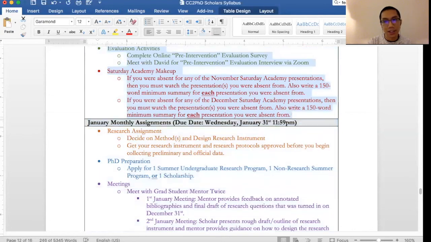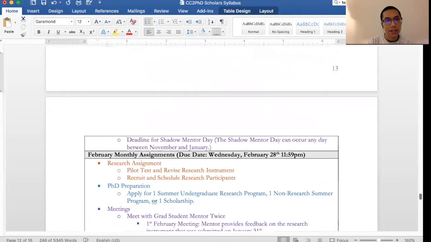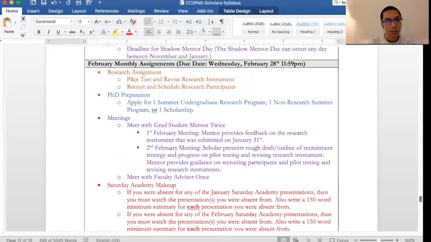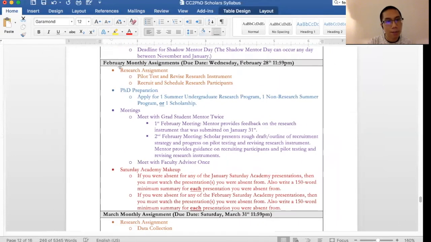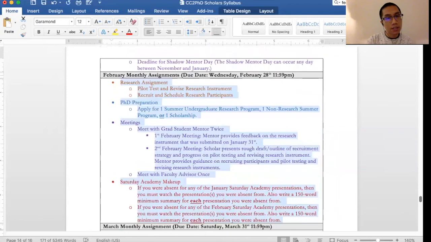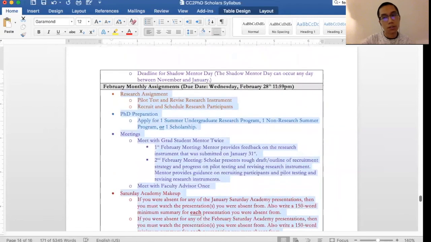And again, let me go to a different month that's a little bit easier to see. So for February, these are all of the things that you have to do for February. It's pretty self-explanatory. I'm not going to read you every bullet point because I've already bored you to death with my verbatim reading. But I do think it's a good idea to read over the timeline, to get a better idea of where the program is taking you.